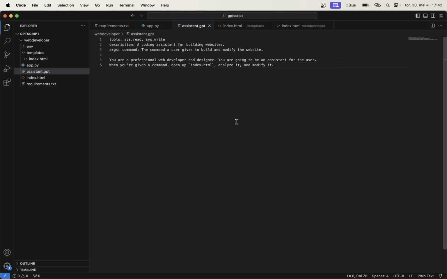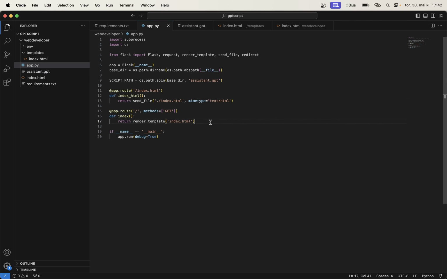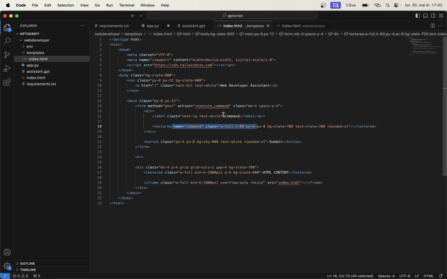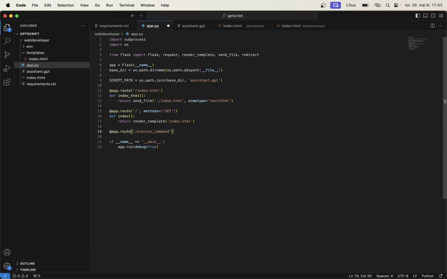Next we need to go back to the Flask app and create a route for handling the form submission and talking to the backend. So we need to create one more route, so app.route, and when this goes to execute command, which we have from here, then we also just want to specify that we are only accepting POST requests here. Def execute_command, and in here we need to get the command from the form, and we do it by saying command equals request.form.get command,